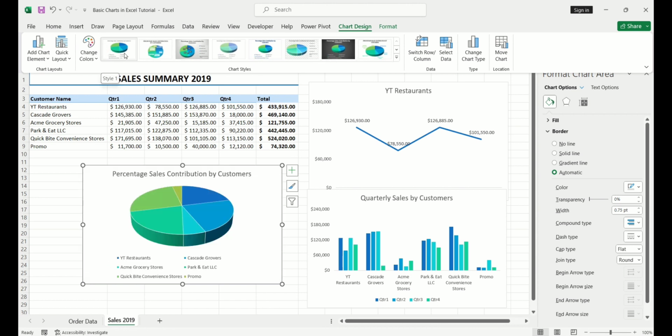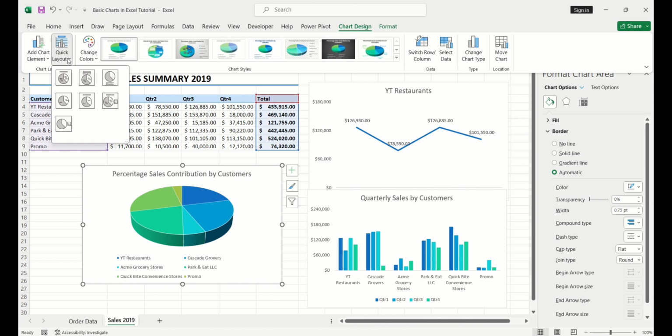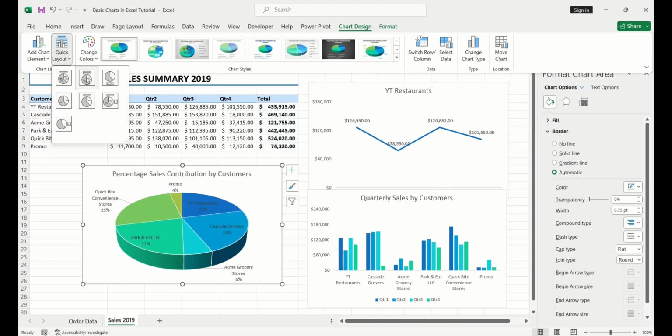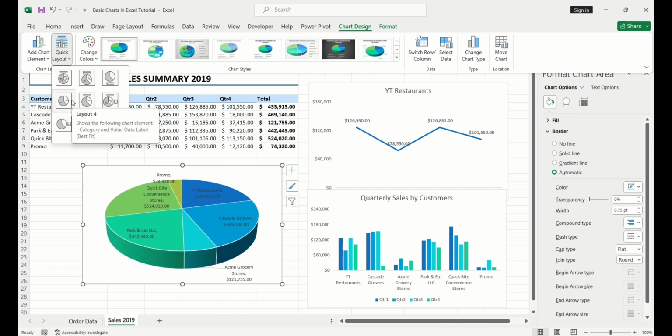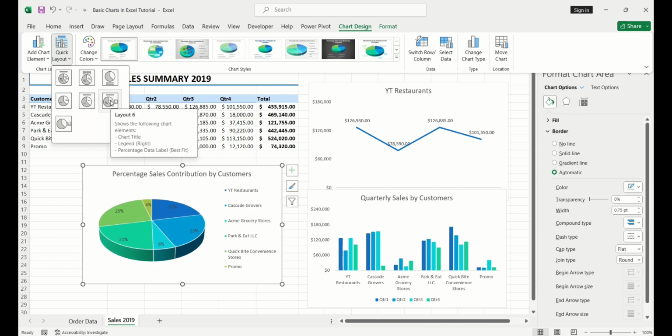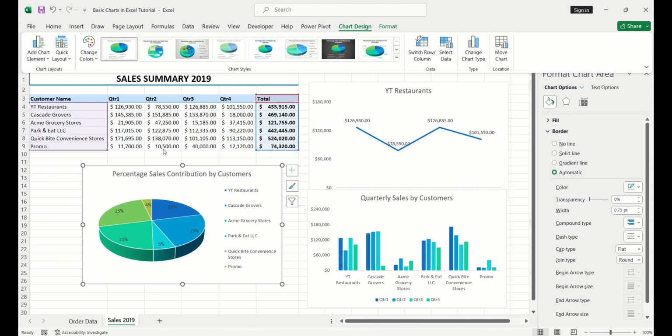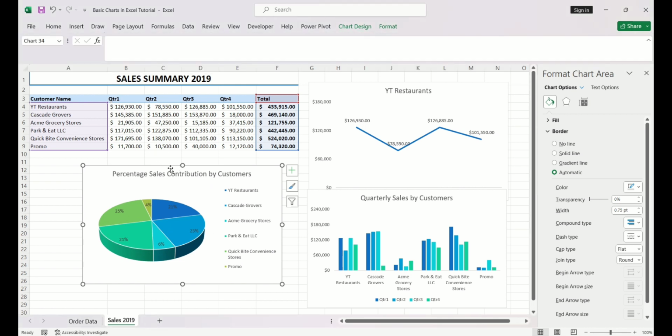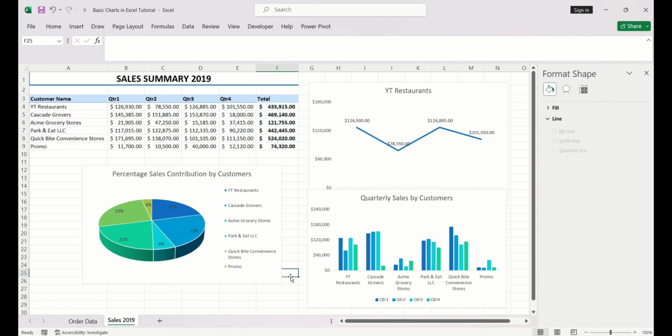but I want to use quick layout. So quick layout, we have what we call chart layout over here. I'm going to select the quick layout. So this gives you a quick layout of how you might want your chart to be instead of having to format them individually. So what I will do is you can just hover on all the layouts so you can choose the one that you want for your chart. I want to use this particular layout for this chart. So this is how my chart is going to look like for now. So we're done creating